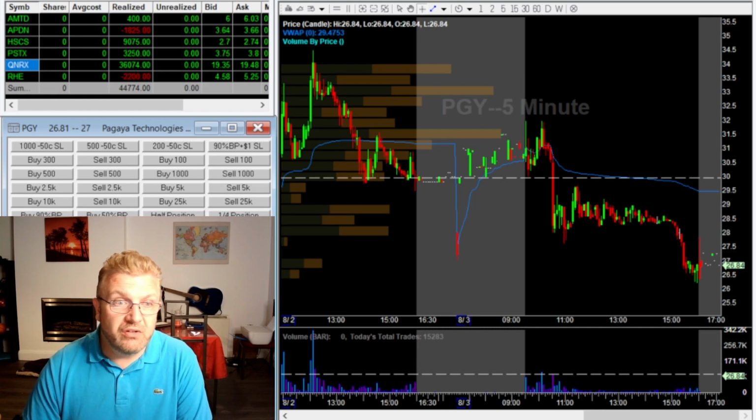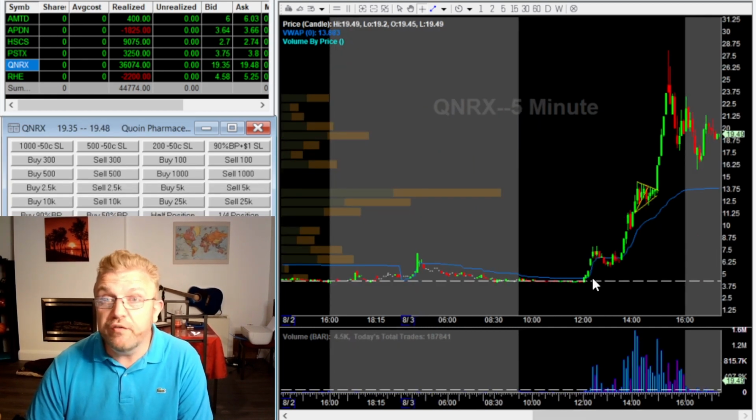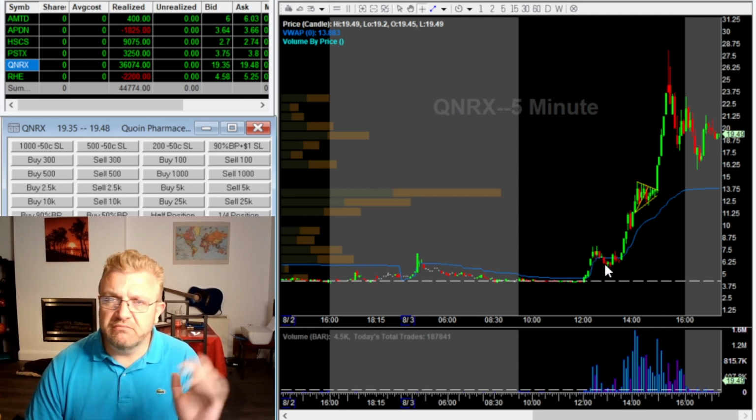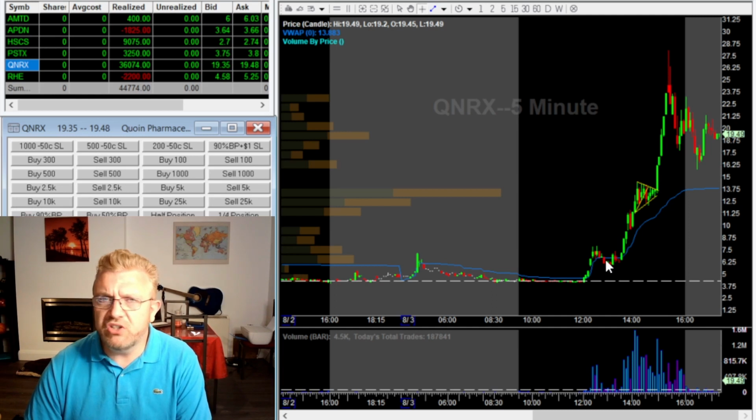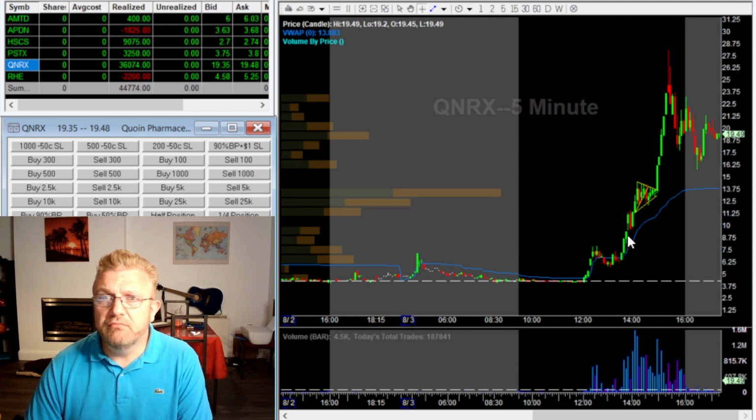So when we got on QNRX, we weren't expecting this at all. It didn't even move until after lunch. I went walking the dog and wasn't really doing much. Had some dinner because I'm 5 hours ahead of the market, and then it started to move up. And it's this bull flag here that I got on,